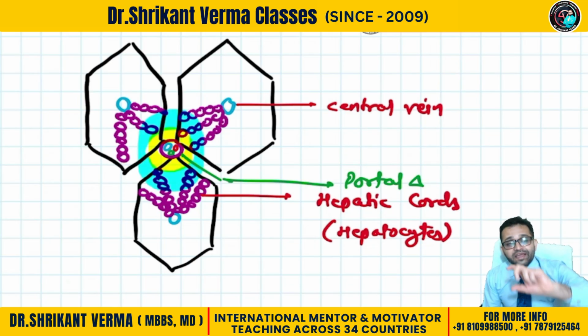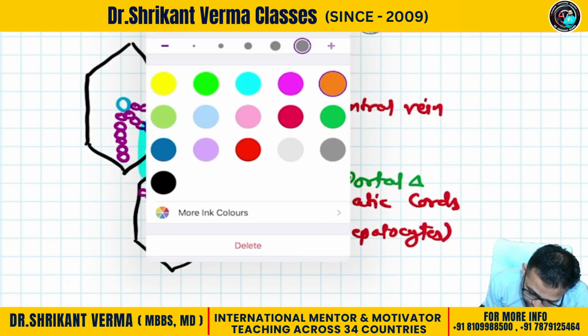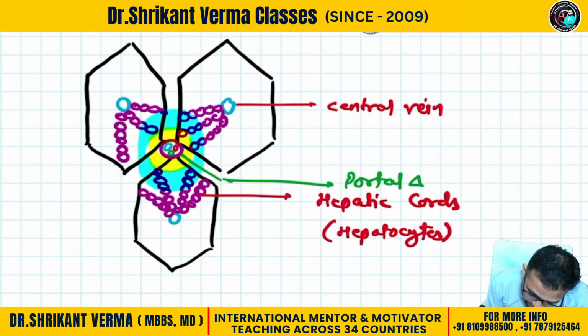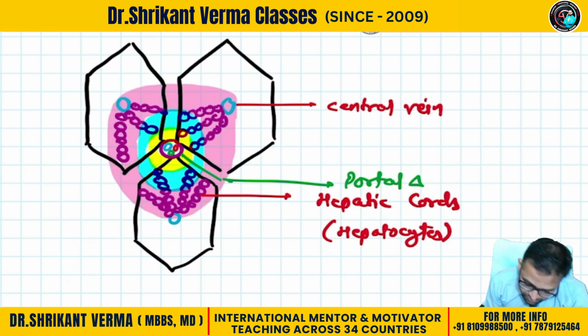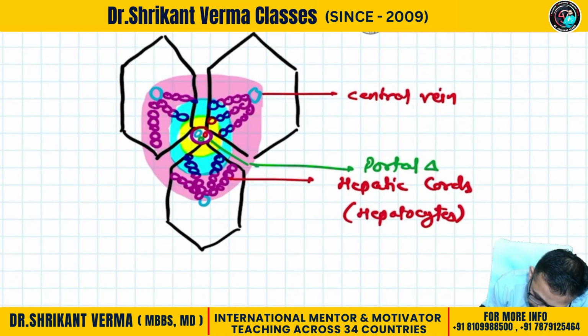Okay, and the area around this zone 2, see here, which is around the central vein. Yes, it is reaching, it is covering our central vein area. This is our zone 3. Okay, so what you can capture from here,